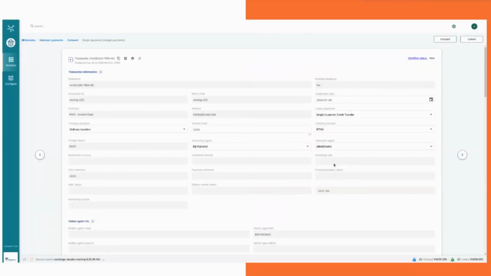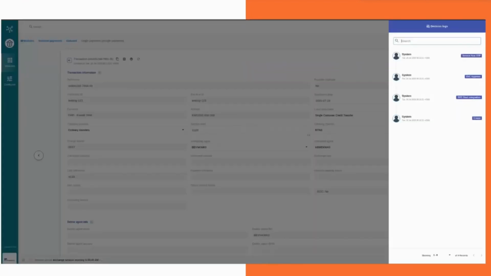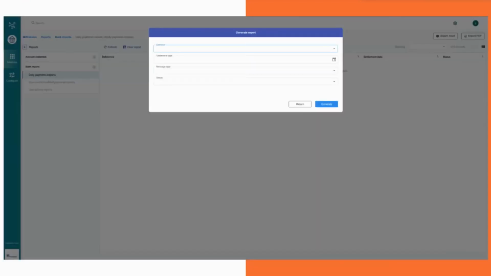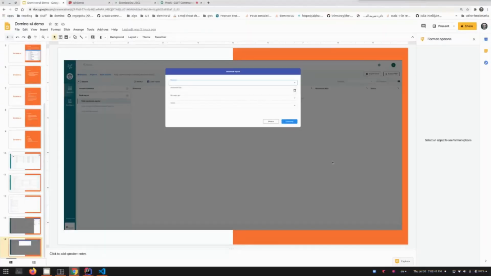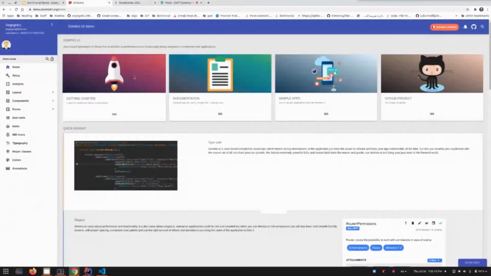This is another screen that's showing one of the forms that we are working on. Here we implemented a search, for example. Here is a pop-up. Another pop-up, as you can see. And that's it. What I can do now for you is show you our demo